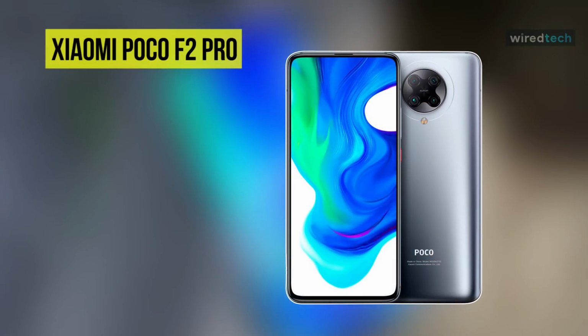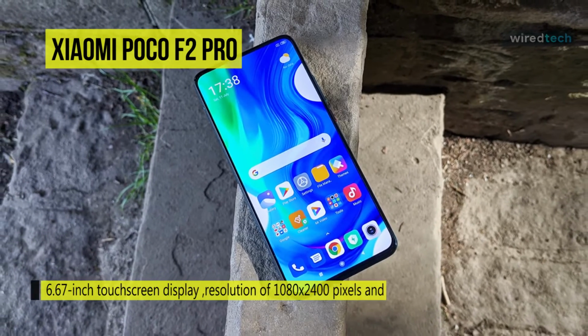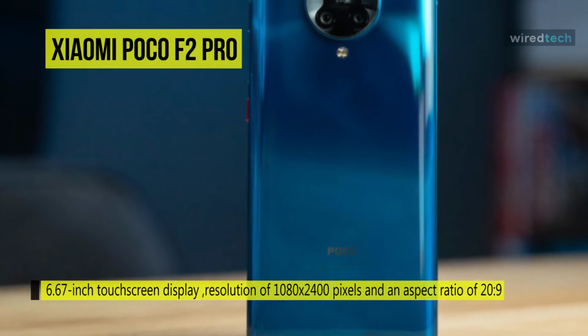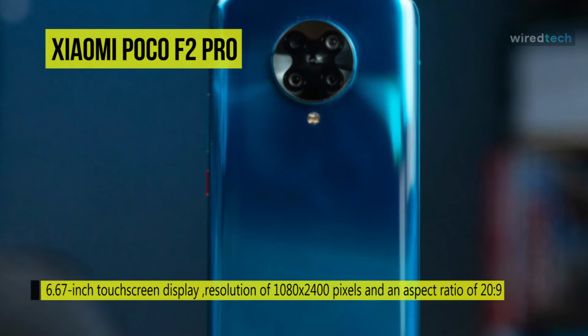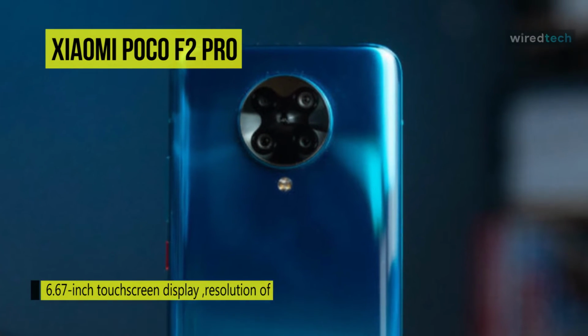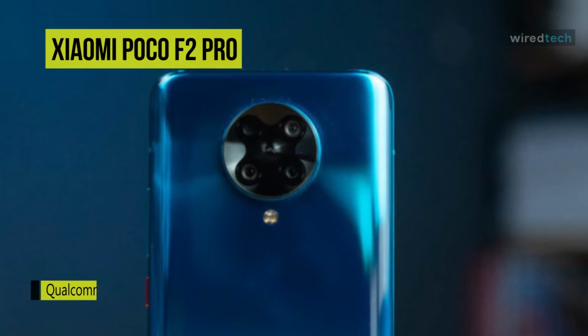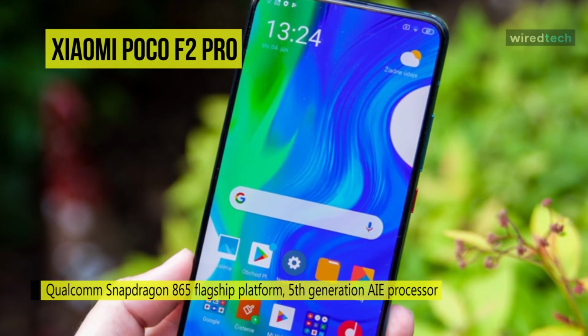The next product on the list is the Xiaomi Poco F2 Pro. This smartphone comes with a 6.67-inch touchscreen display with a resolution of 1080 by 2400 pixels and an aspect ratio of 20:9. It is powered by an octa-core Qualcomm Snapdragon 865 processor and comes with 6 GB of RAM. This phone runs Android 10 and is powered by a 4700 mAh non-removable battery with a multi-layer liquid cooling process